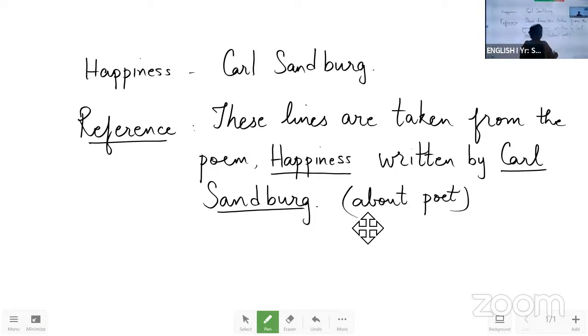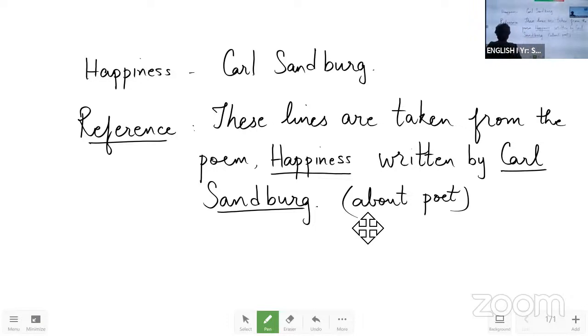Write it. If you can remember the dates, it's better if you can write the dates. If you don't remember, don't write the dates. You know this is taken from his poem, Chicago Poems and all that. Mention 2 lines about it, and that's enough, only for the betterment. If you are a supplementary student, don't even bother to learn all that. Just write the name of the poem and the name of the poet.